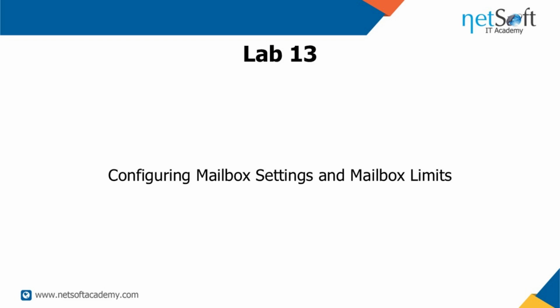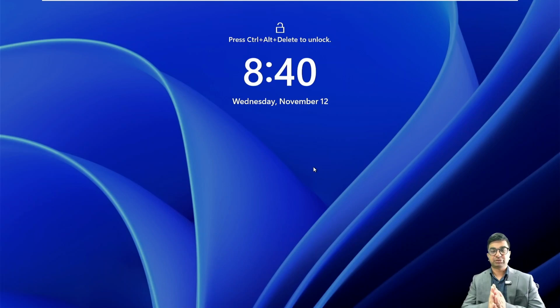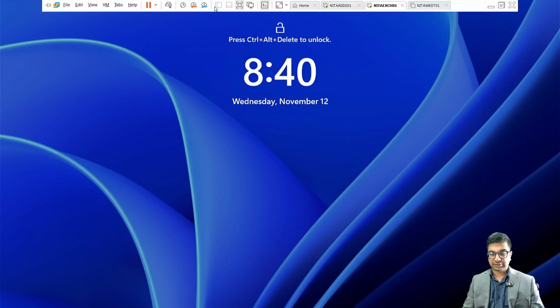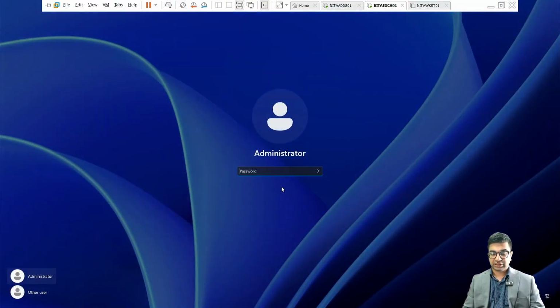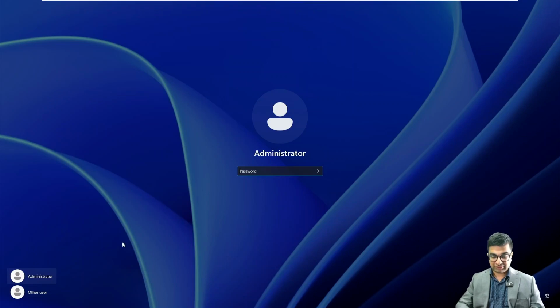Now let's start with lab number 13. In lab number 13, we will be managing the user mailbox properties and also working with a few other things with the user's mailbox. So first things first, I'm going to sign in to my Nita EXCH01 as